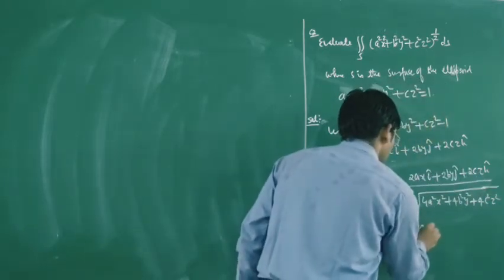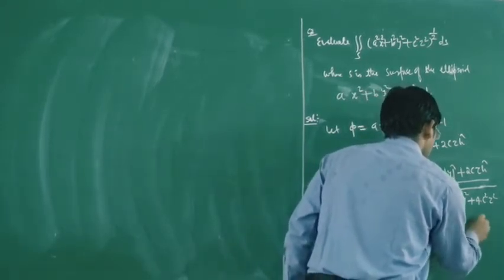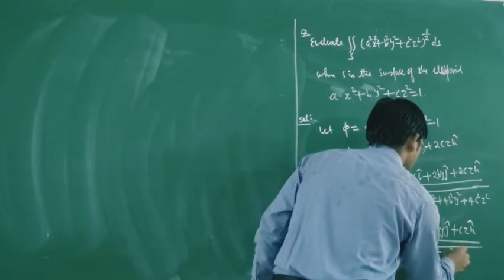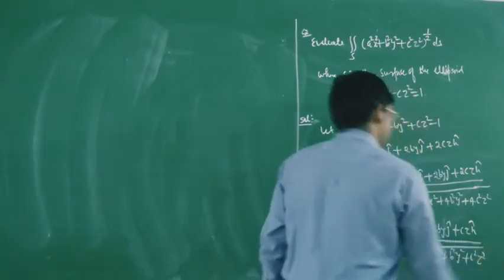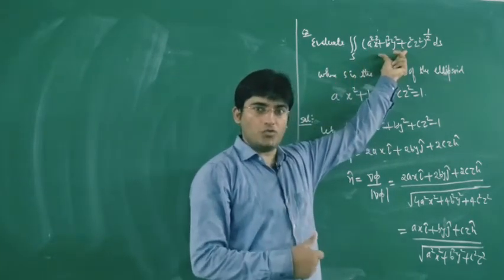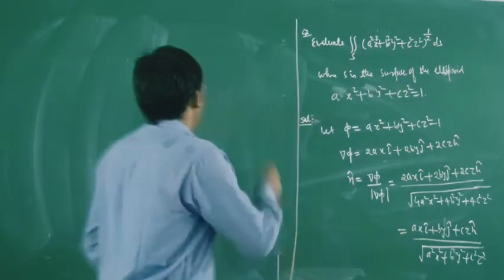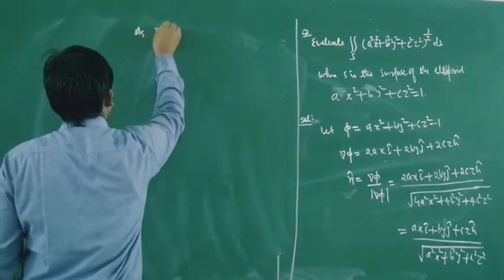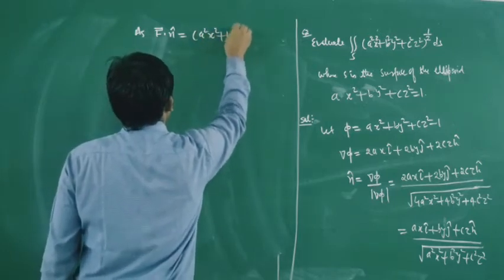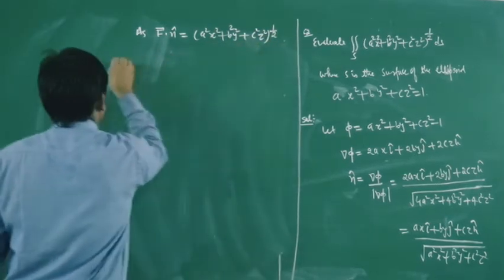So again it is equal to axi plus byj plus czk upon square root of a square x square plus b square y square plus c square z square. Please note that this is your value of n. So your n is this one, and our f dot n is equal to a square x square plus b square y square plus c square z square whole power half. So this implies